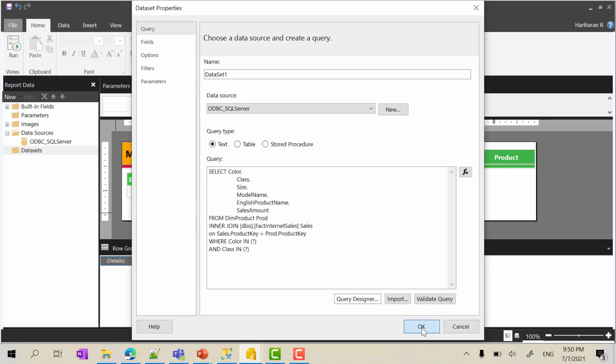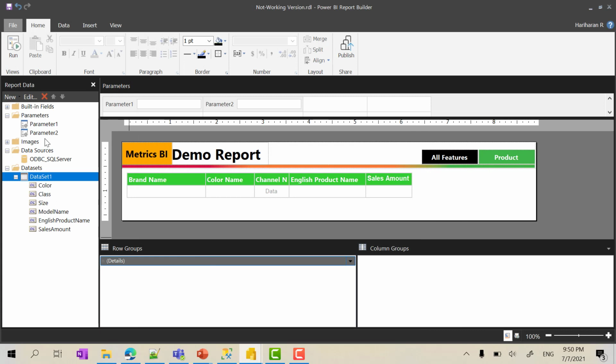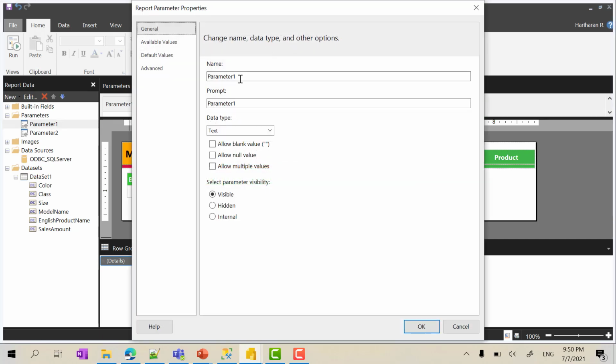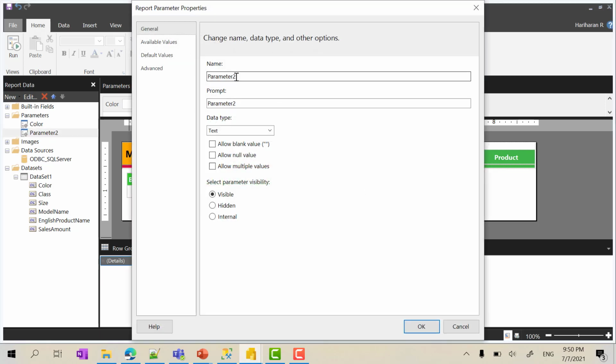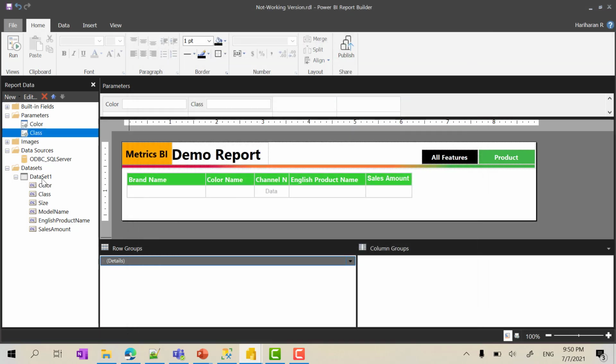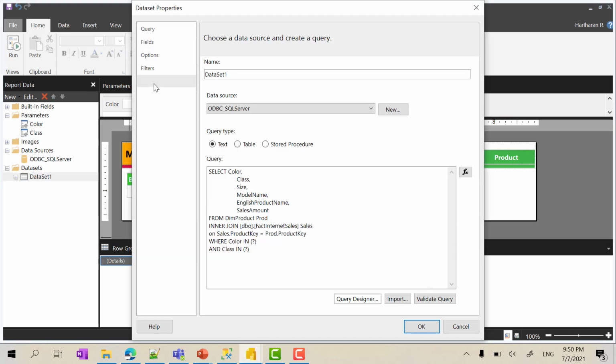I can click OK. When I click OK, it creates two parameters, parameter 1 and parameter 2. Let me change the names of the parameters so that we can easily understand. This is color, and this is class. Next I need to go to this data set, go to parameters.